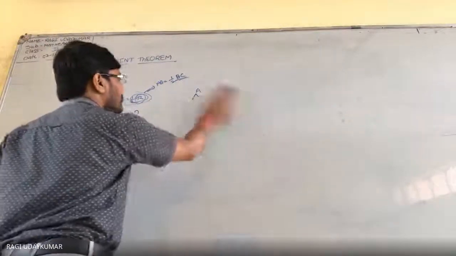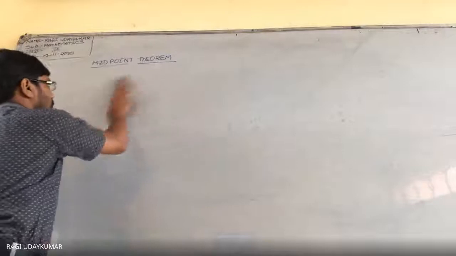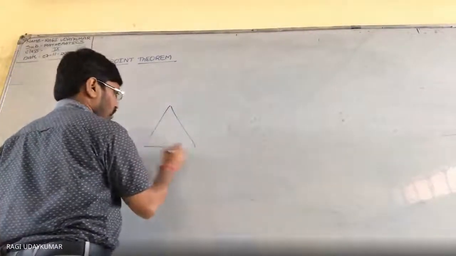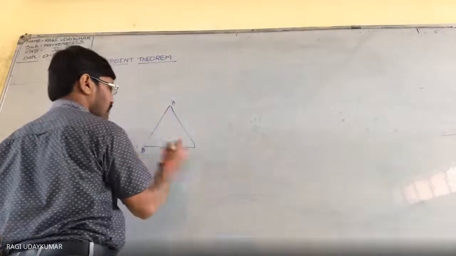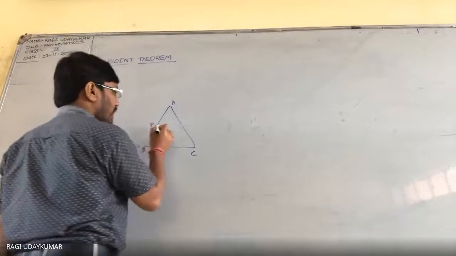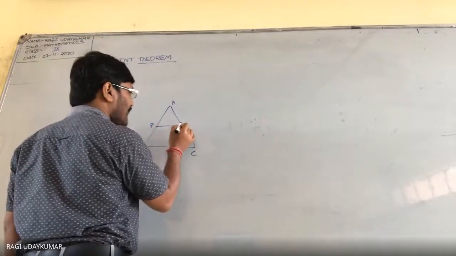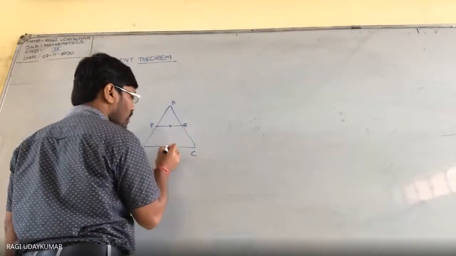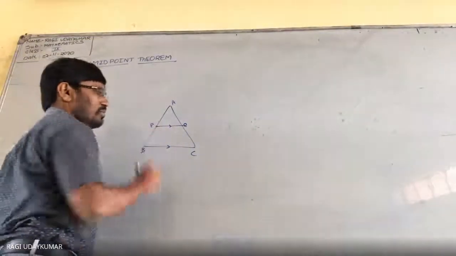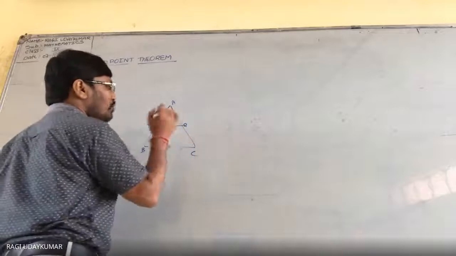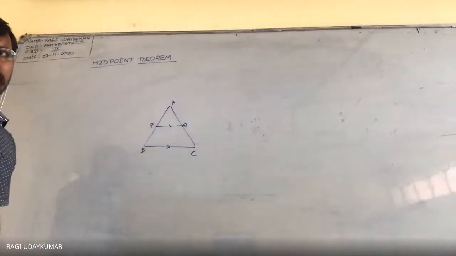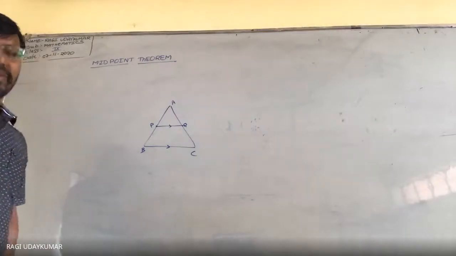अच्छा, वे में मैंने रिवाइज भी कर लिया है इसको. सो कॉन्वर्स क्या है? कॉन्वर्स में ये बी सी, ये मिड पॉइंट है, ये मिड पॉइंट है. इधर मिड पॉइंट नहीं, इधर से पैरेलल लाइन ड्रॉ कर लिया. This is Q, this is parallel to this one, it is given to us, and this is a midpoint. And we have to prove that Q is the midpoint of AC. AC का midpoint. This is the converse of the midpoint theorem.